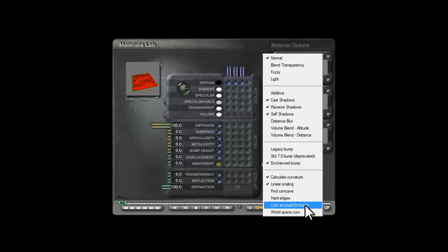We're not looking at curvature count for bump, because that once again has its own inherent problems, and it's quite slow, and it's probably a bit too advanced for what we're looking at the moment anyway. I might come on to that later if there's any real interest in looking at curvature filtering. Now, calculate curvature has to be checked, and linear scaling